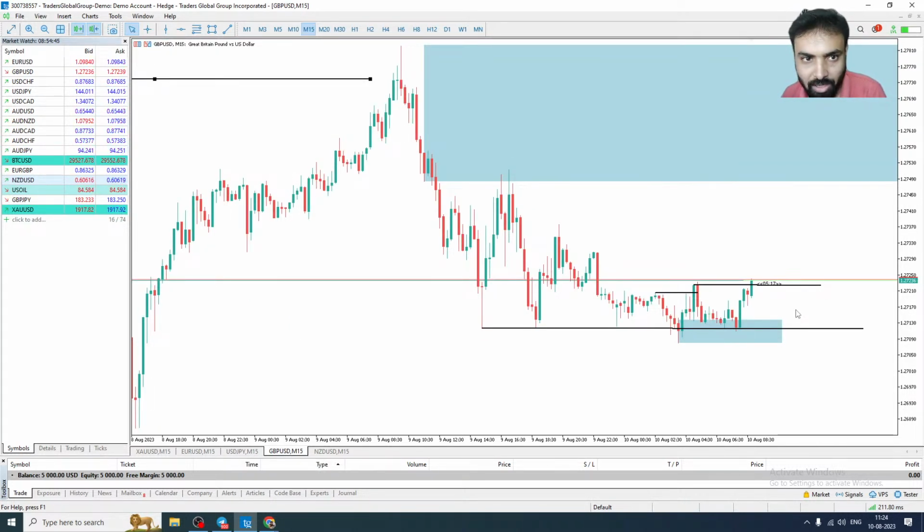Okay, now a breakout structure is happening in GBP USD. So this is the level we can look for a buy. The first break happened here. Price touched this manipulation candle. Can you see this? There is a first break and the manipulation candle is tested. Price is pushing up, it's breaking the structure. So we can try to take an entry from here.